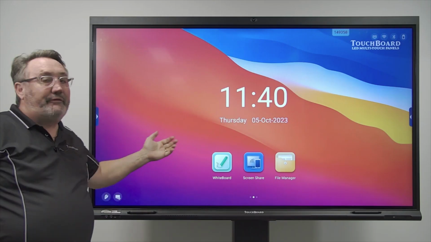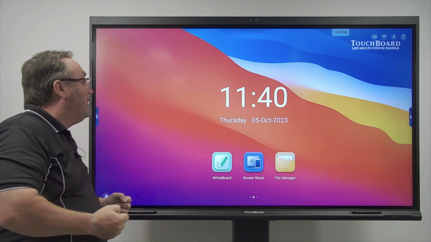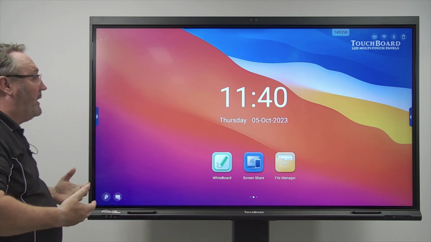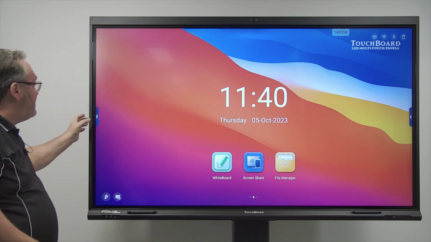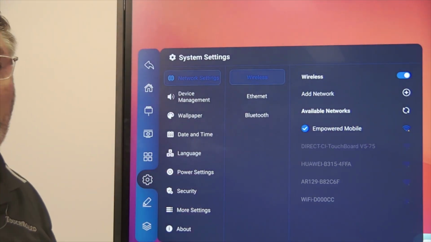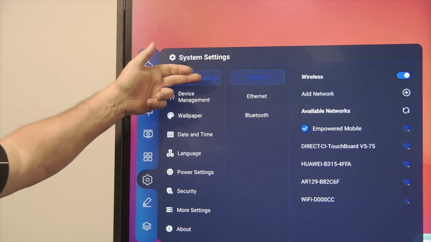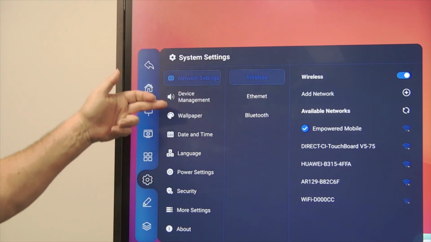Okay, now before I get to whiteboard, which is a really big function of the panel, I'm just going to touch on a little feature that I had in the previous video, and that's our settings. This is where a lot of the power works in. So we have our network settings. So we have wireless, Ethernet, Bluetooth, device